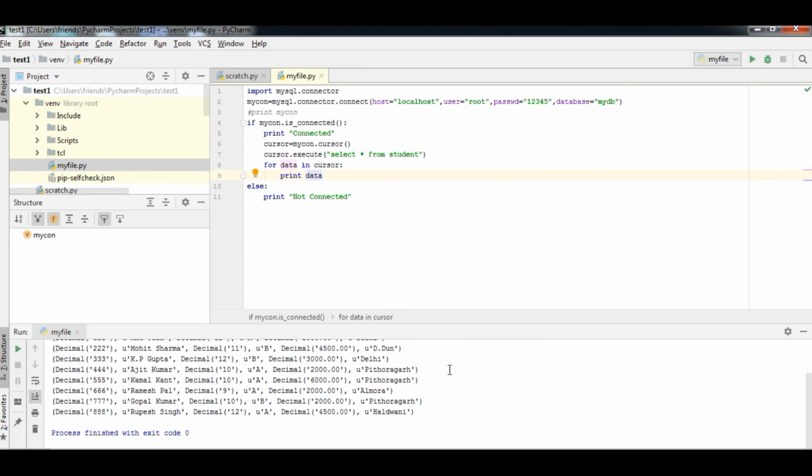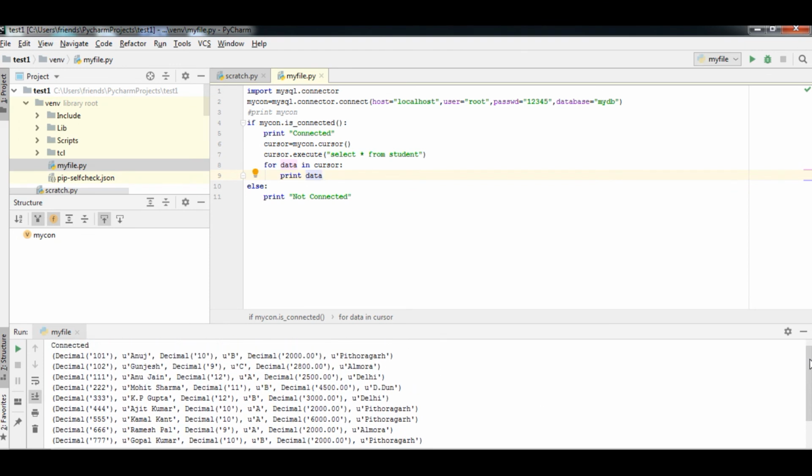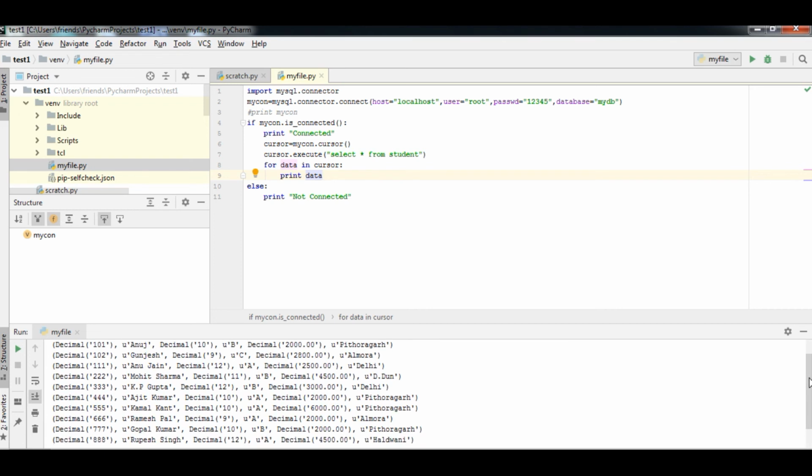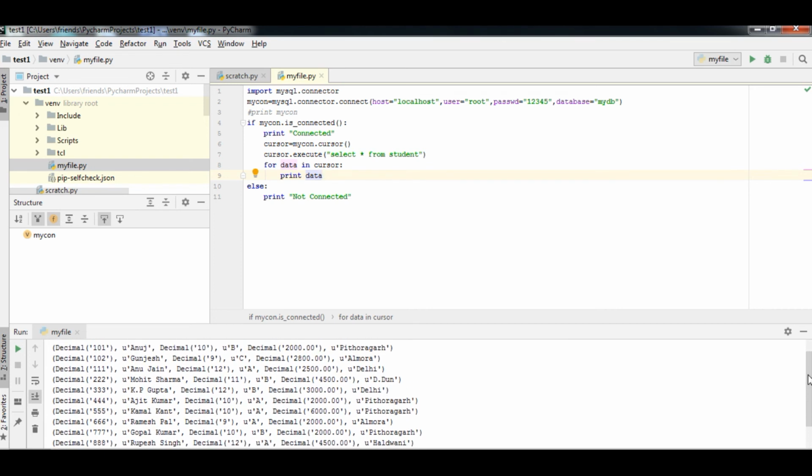You can see this list has come. You can see Anuj, along with the data type, class 10th, Pithoragarh, Almora, Delhi, Dehradun, Delhi, Pithoragarh. So these are the records that we can see here.